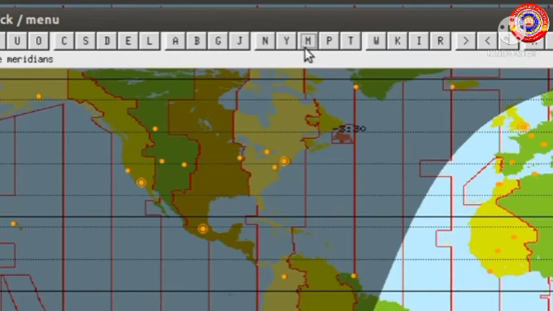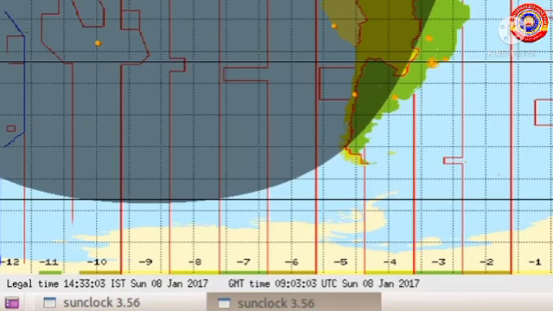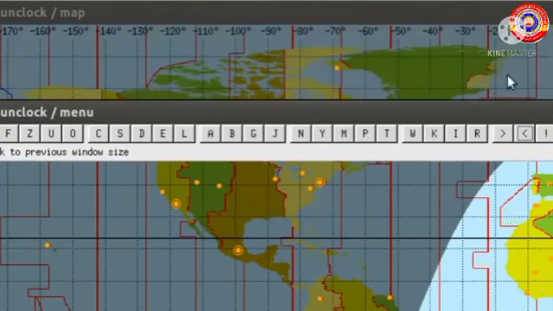M is used to display all the longitudes. Here also, at the second click, the degrees of the longitudes will be seen at the bottom of the window, and at the third click, it will be shifted to the top of the window like this, and at the fourth click, it will disappear.